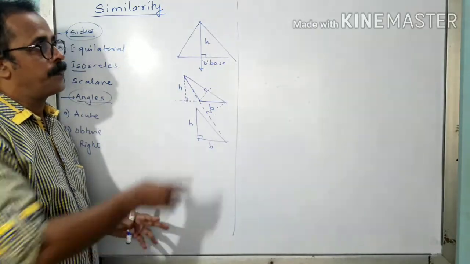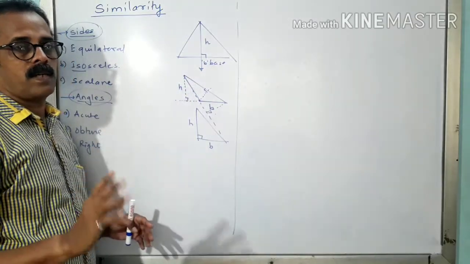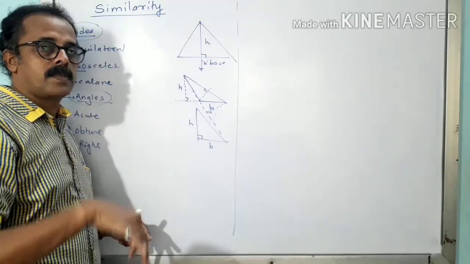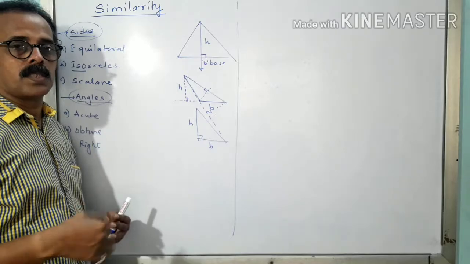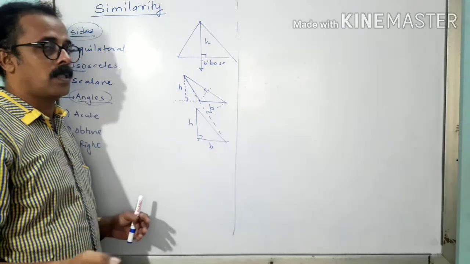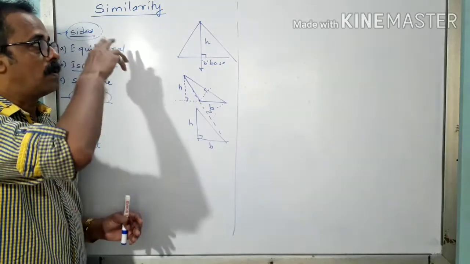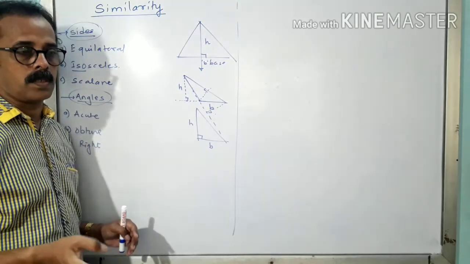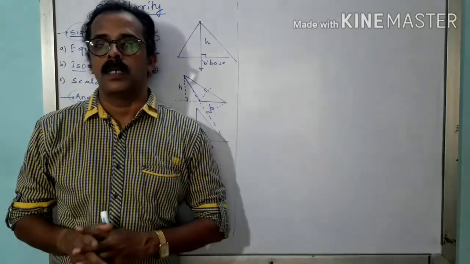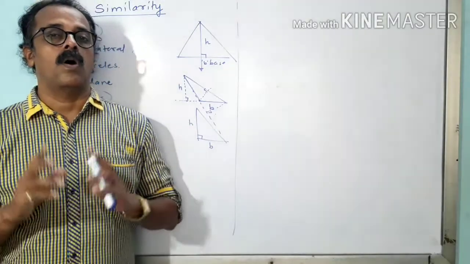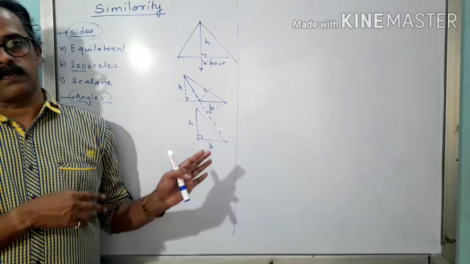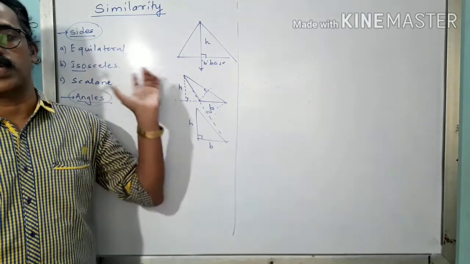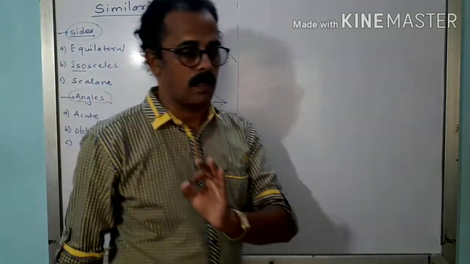The chapter is called similarity. In SSC we call it similarity, but in the CBSE curriculum, similarity is a part of a chapter called triangles. They start with the concept of triangles, then congruence and then similarity. But for us in the state board, we already did congruence of triangles in 9th standard, and we are going ahead with the concept of similarity. This basic idea I have given you is the same for all curricula, whether it is ICSE, CBSE or SSC. That is the basic idea for the chapter on similarity of triangles, right?